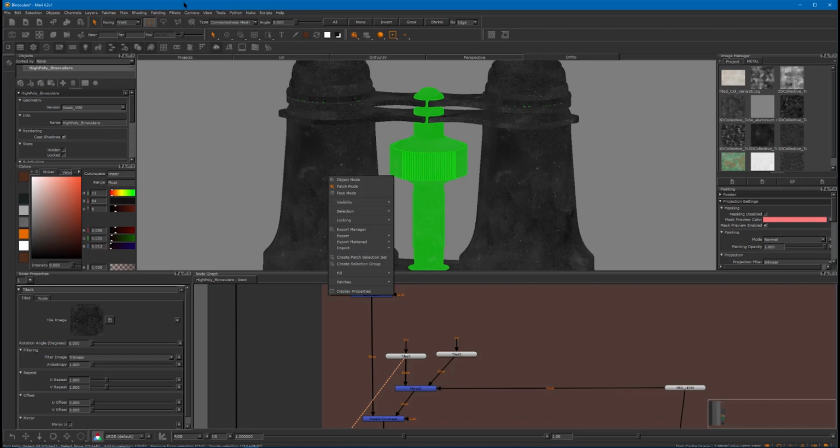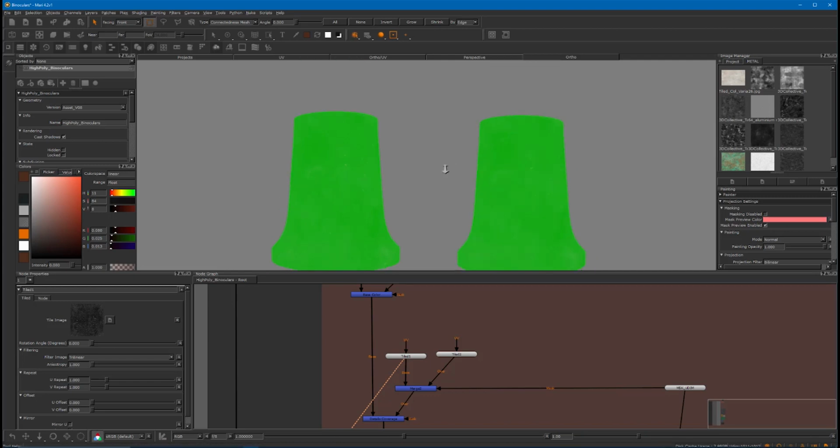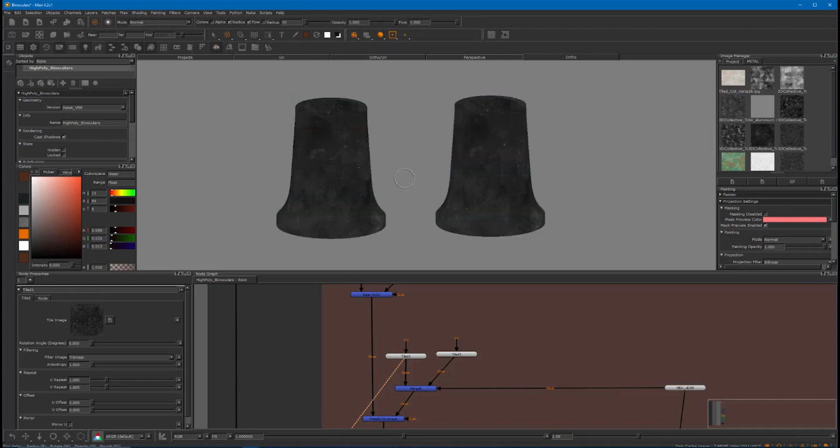here I select the select tool, right click, patch mode, then I select this patch here, and I press Control 1 to isolate my selection. So now I only have the laser pieces selected and visible in my viewport. Then go back with the paint tool,